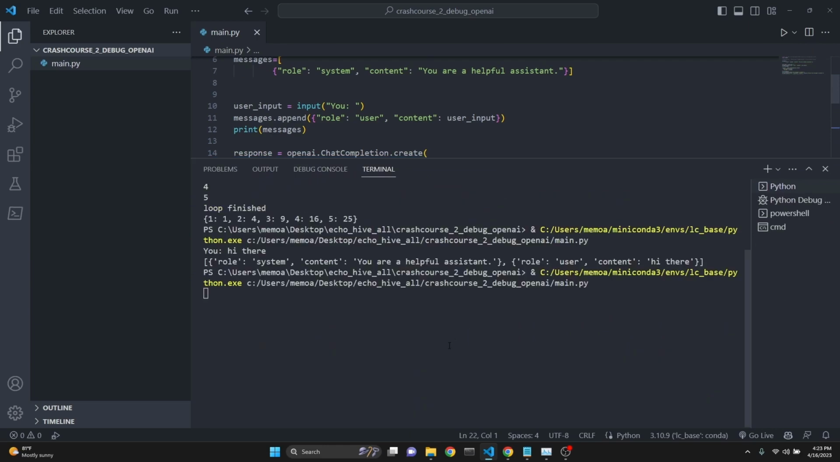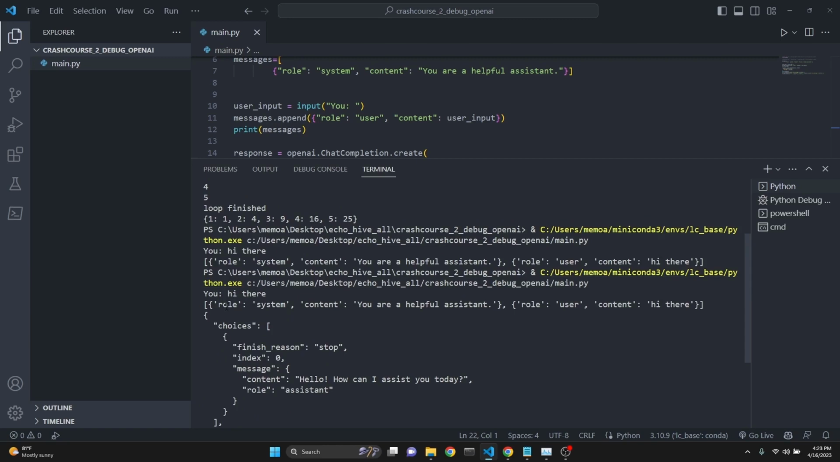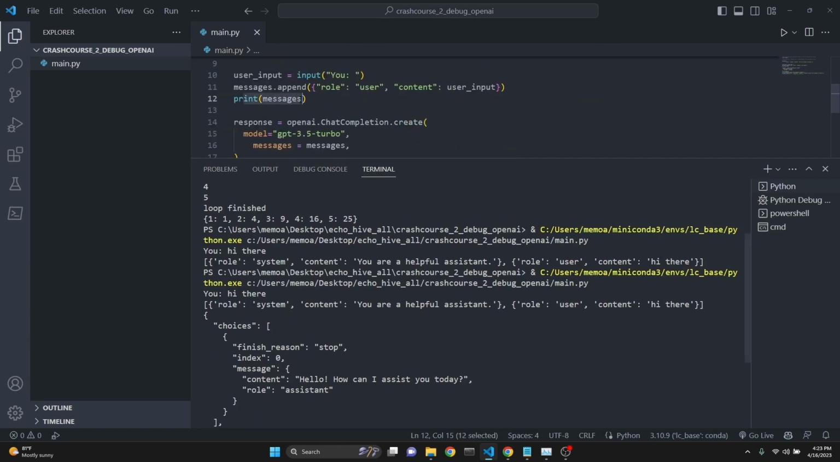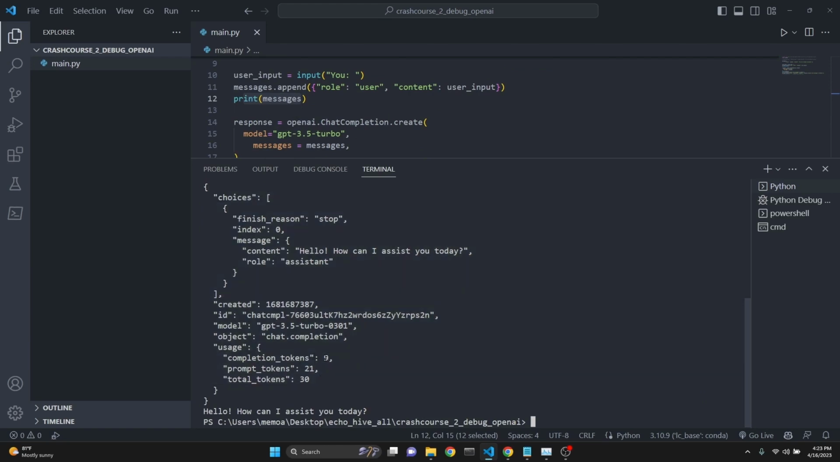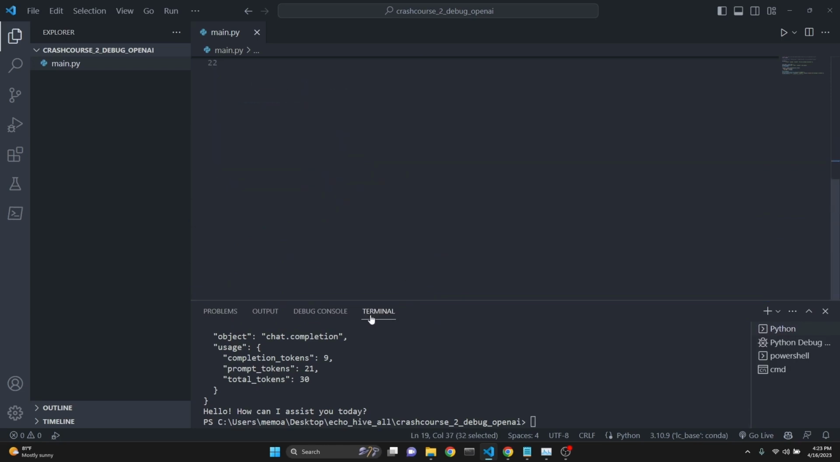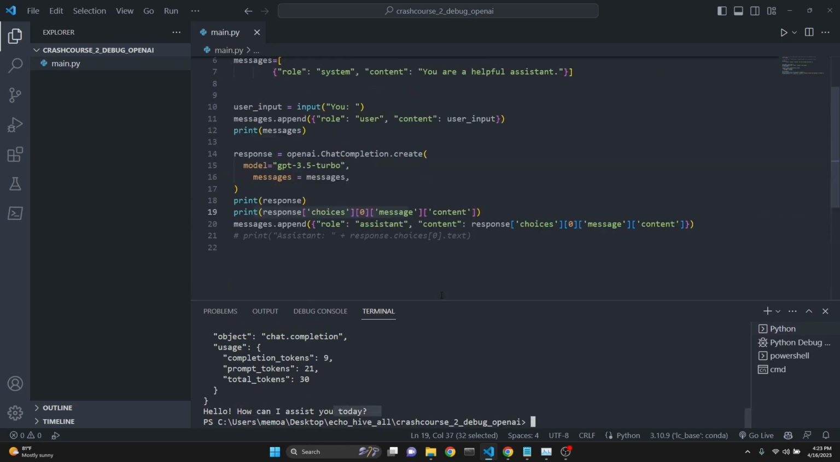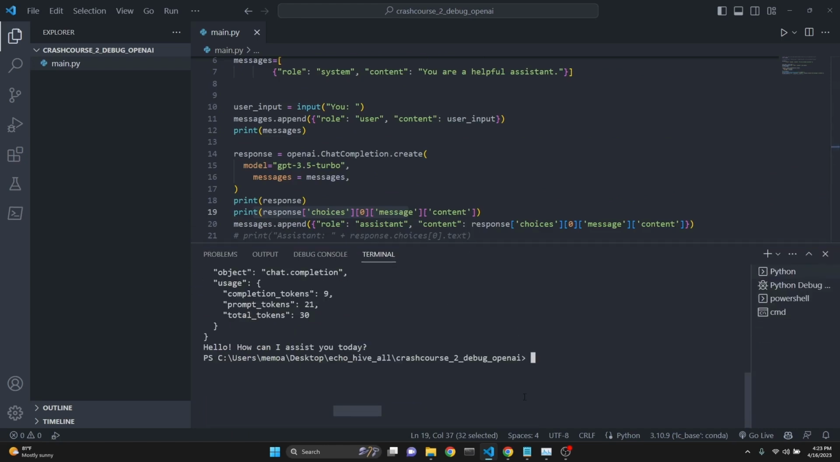Let's run this. It is asking us for something. Let's say, hi there. As we see, we first print the first messages, then we print the entire response. In this case, we only used 30 tokens. And the content was, hello, how can I assist you today? And we are printing that in this line. And it had printed that line as well. And we have appended it to our messages. So this is great. We've just built an app that runs from our terminal. But as you see, we can only have one-off interactions with it. Let's see how we can turn it into a